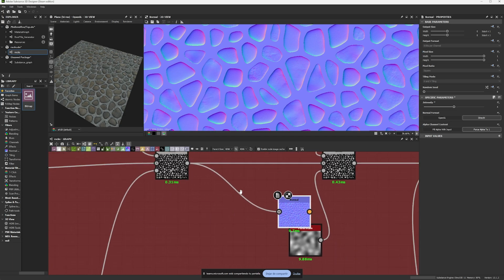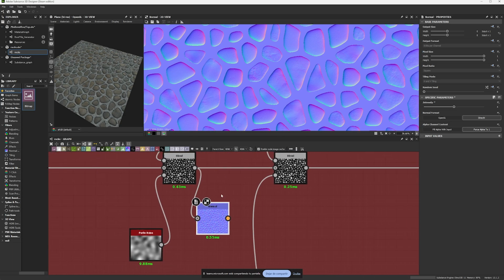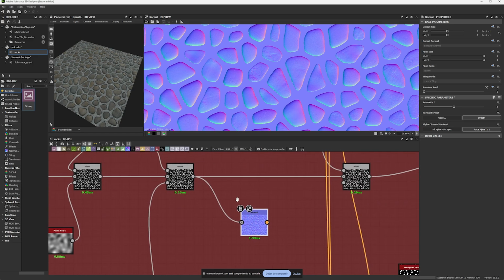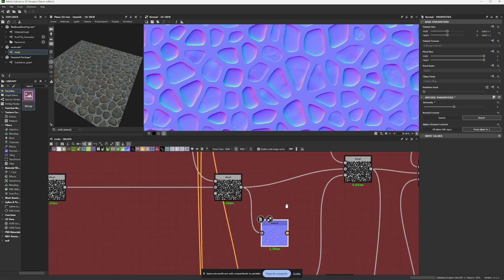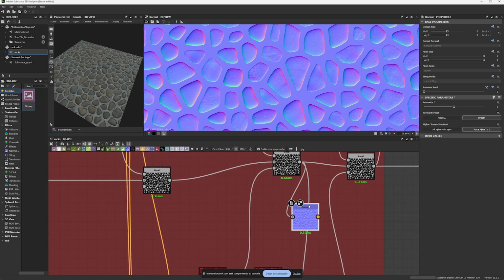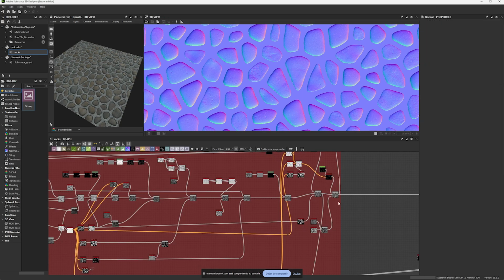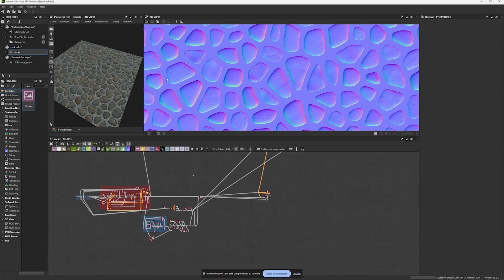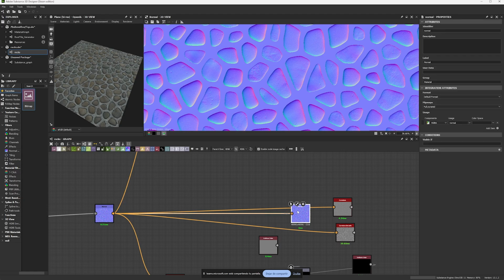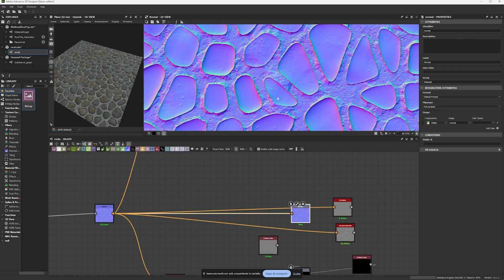Why? When you're building your materials, it's important that you understand that not everything you see needs to be in your material. It's all the details you put together that create the material, or the composition of the overall material. So if I were to go to the end of this, you're going to see this is how my normal map was looking for my stones here. But if I go to the last normal map, this is how it looks after.